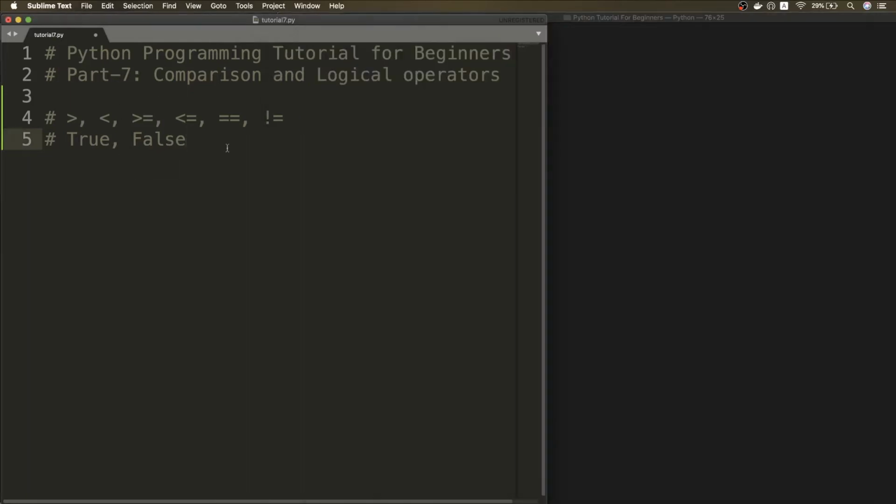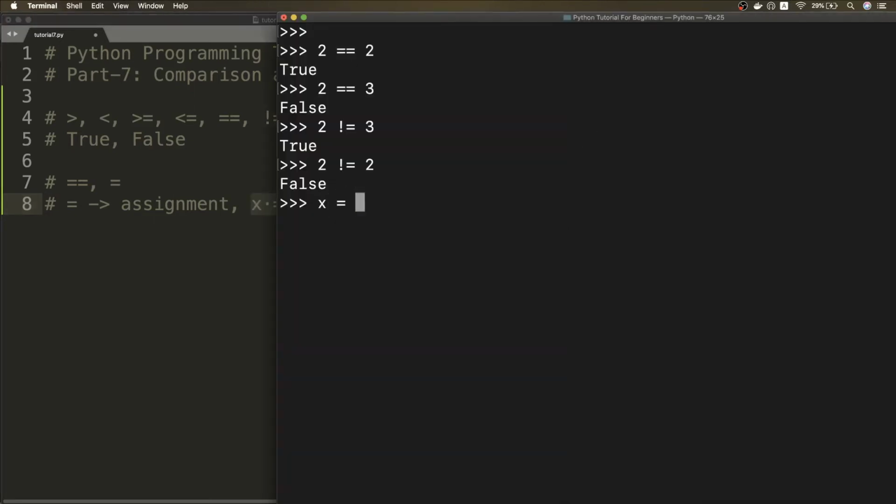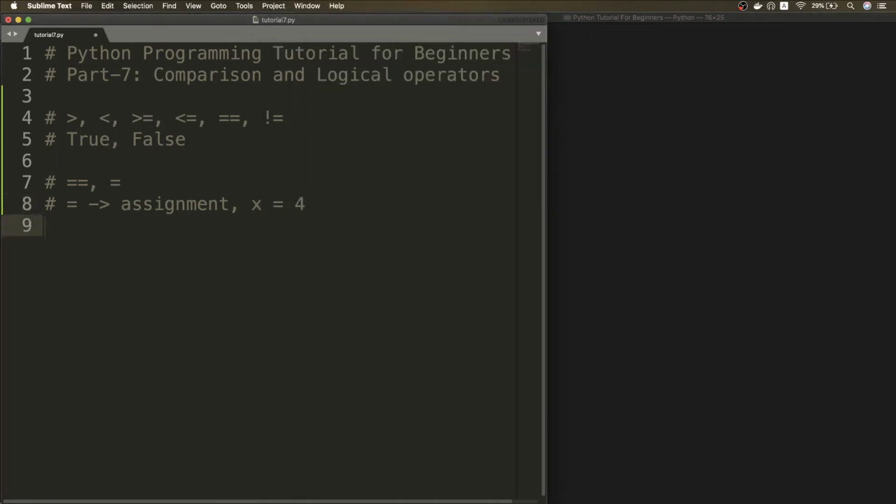So now let's talk about why do we have these two equal signs over here and not a single equal to. So single equal to represents an assignment operation. What that means is basically you are assigning a variable a value. Suppose we have x is equals to 4, this means that the value 4 is assigned to this variable. This is an assignment operator, and if you try to write an assignment statement, it does not return any value. That's why you don't see anything over here. Whereas on the other hand, double equals is an equality operation that returns a boolean value.